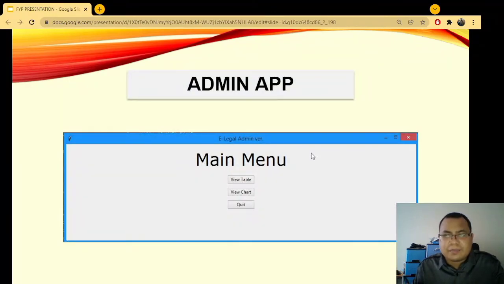For the admin app, there are 2 view options currently available for the staff, that is the table view and the chart view. Both options will retrieve the database data when opened.